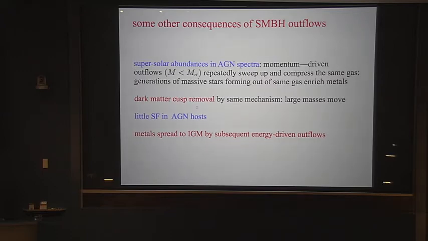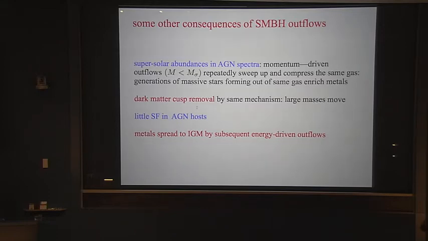The gas in these outflows will facilitate a lot of mixing, because you will be repeatedly sweeping out gas and stars that are roughly the same age and enriched, and then when you settle back in, you have mixed the metals, and that can explain how you can get some very gas-rich material around the centers of